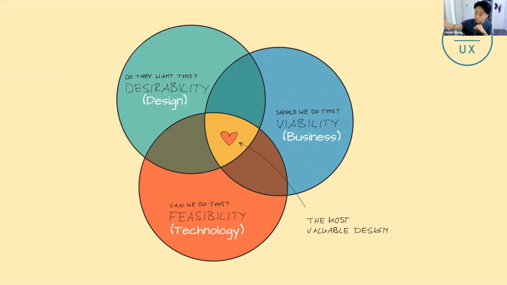As a business, should we do this? Will this actually make us money? Is this financially viable? Is there business viability? That's the business hat, the PM hat. And then the third one is, can we feasibly do this with the technology we have today and with the time we have? So of course, building a time machine is great for solving world hunger and preventing a lot of the problems in the world, but we just don't have the technology today. So the most valuable design when it comes to user-centered design is lying in the center.